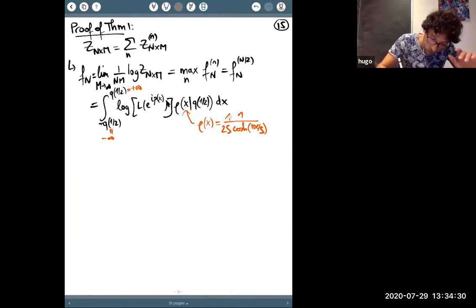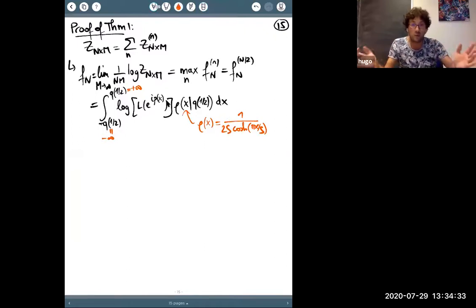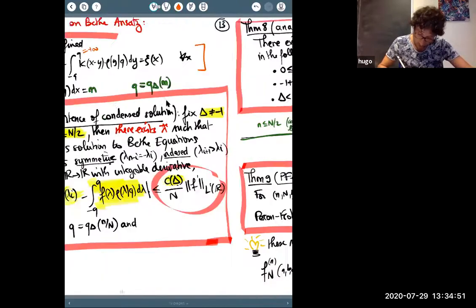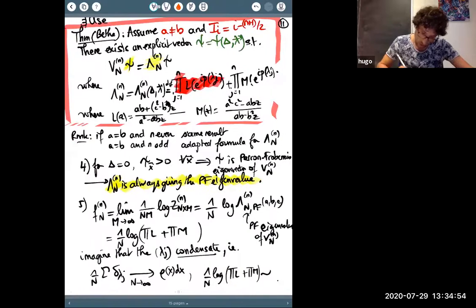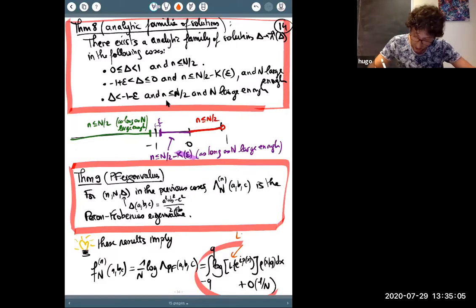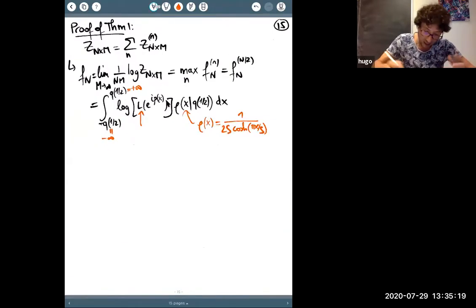Okay? It's just by solving directly the continuous Bethe equation. When n over capital N is equal to 1/2, Q is equal to infinity, and it's trivial to solve. Okay? So in this case, this L was very explicit. Remember that this was given by this thing. Maybe M could also be mattering here. I should have told you that here L is mattering since A is larger than B. So when A is larger than B, the L is giving a bigger contribution than M. This is just a detail. But here L is explicit,